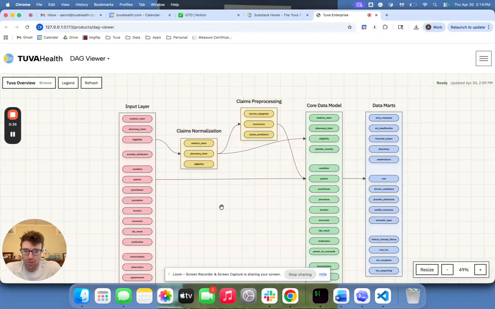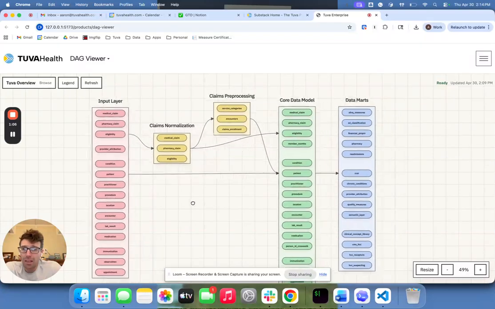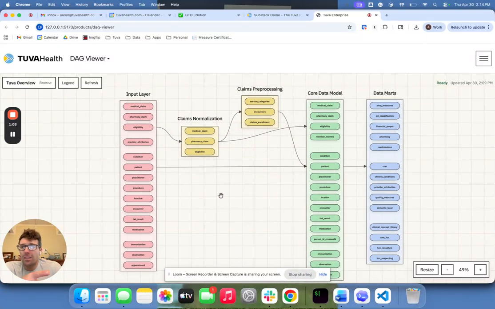And there's lots of other types of DAG viewer or graph tools out there. This isn't a tool to build your own. This is a tool specifically designed to explore the Tuva model through. And on the one hand, you could say, a DAG viewer or graph viewer or data model viewer, essentially, like, how important is that really? Well, the reason that we've found this to be so important, and I'll just show you how it works, is